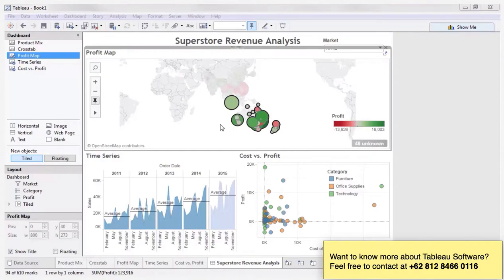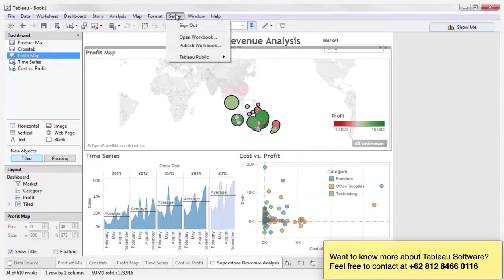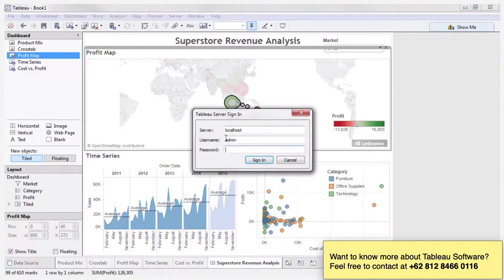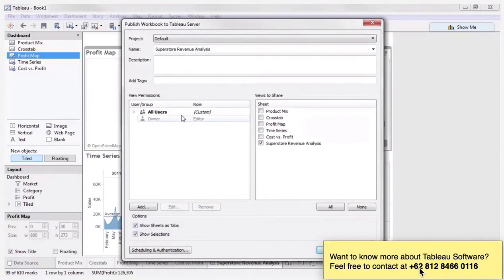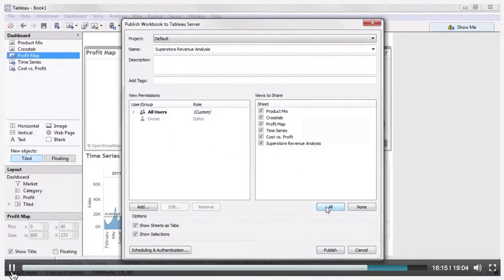So now I've created a compelling, interactive analysis that shows my findings. Now I want to share it with my colleagues. So I'm going to publish this to Tableau Server so that others can view it and interact with the dashboard. I want everyone on the server to be able to see my analysis. I don't want to share